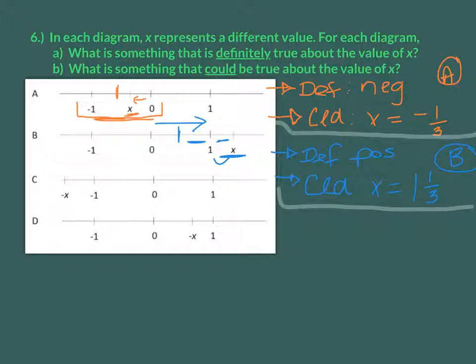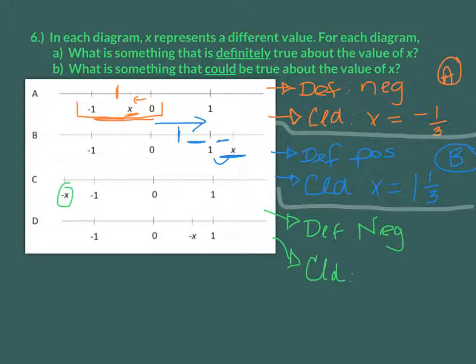Next, I've got my x way down here. So again, I'm going to go with the definite. I mean, you can't go wrong with saying if something's definitely positive or definitely negative. It's to the left of 0, so it's definitely negative. And now let's find something that it could be. Okay, what could it be? Well,